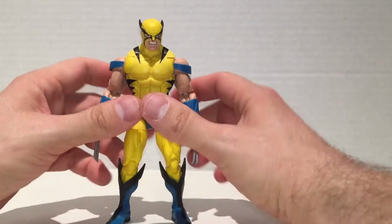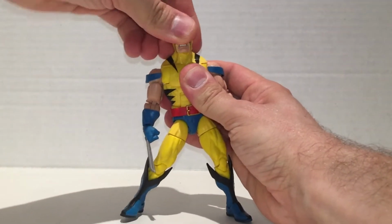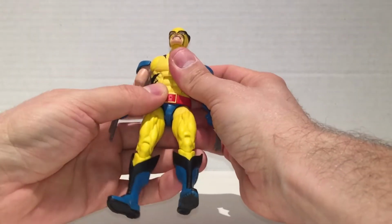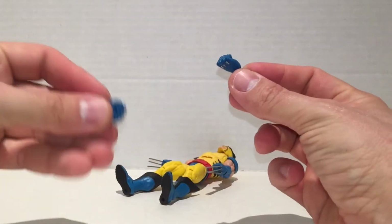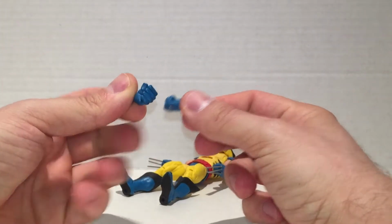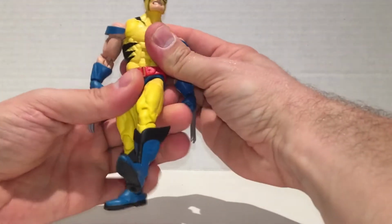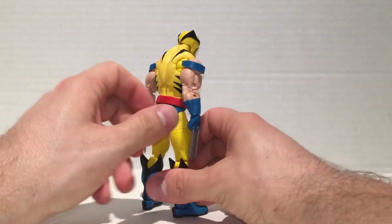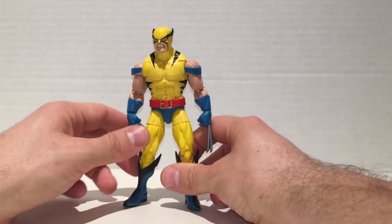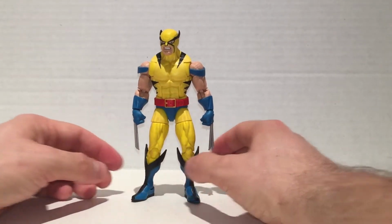I mean, I get it that they fought, but they could have had any other figure with Hulk and it would have turned out just fine. The articulation is good. It's standard. He also comes with two different fists right over here. But as far as Wolverine, we have so many Wolverines, it really doesn't make any sense as to why we would have any more than we do now. First appearance is great. Like, you want the origin for the 80th anniversary, but they could have added a little